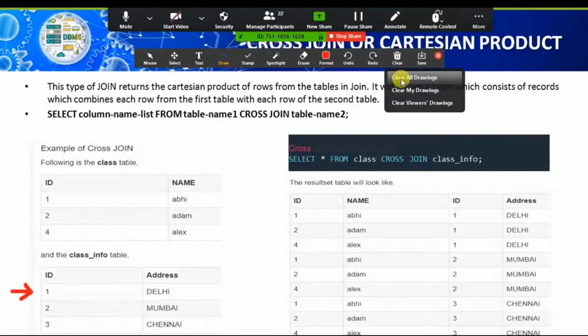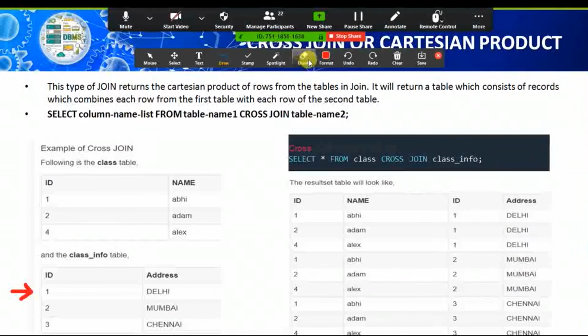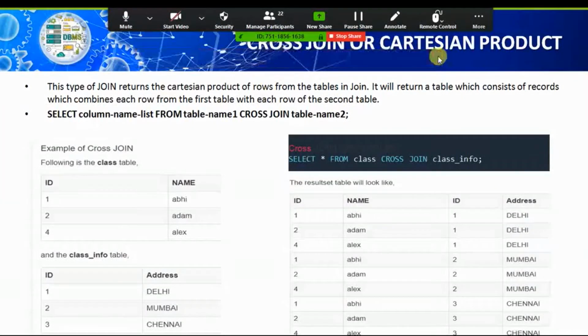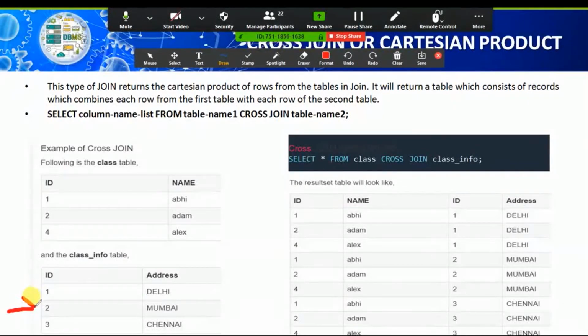After that, it will select the second row of the second table, the Mumbai address. Now this second row will multiply by each and every row of the first table.